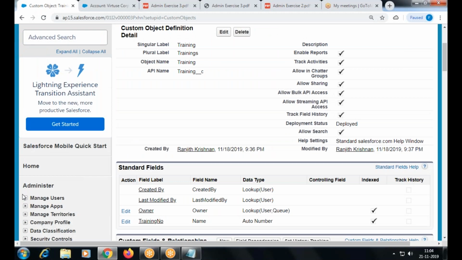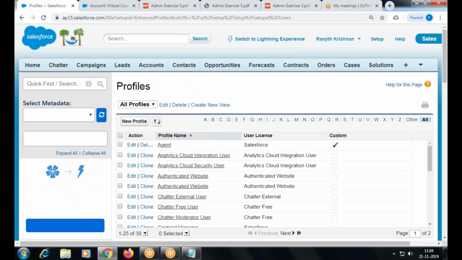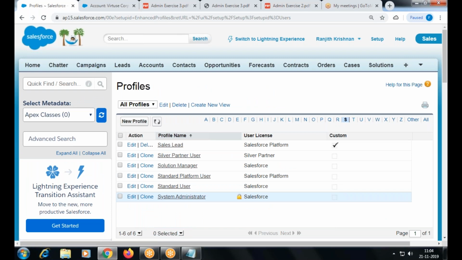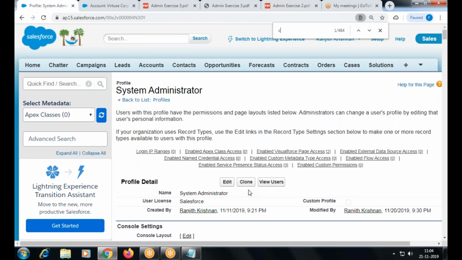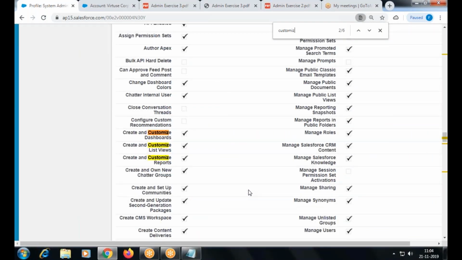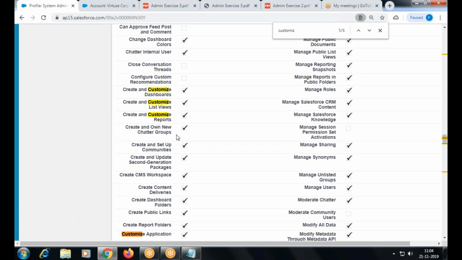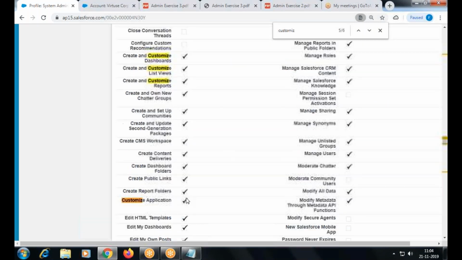Customize application permission. So if you go here, profile, system administrator profile, this permission must be enabled. Under which section? Administrative permissions.